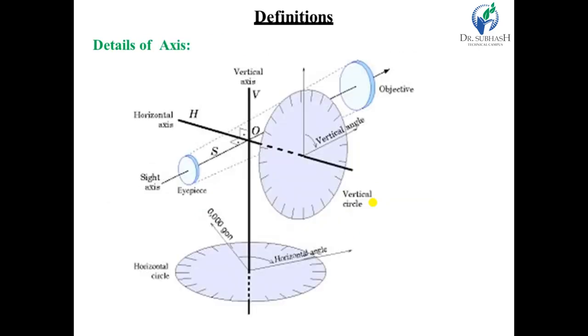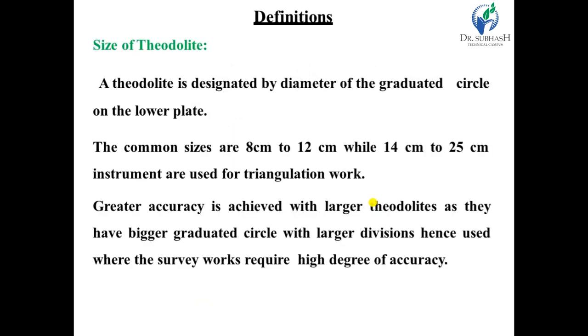Another important thing is the various types of axes of the theodolite. That is a very important question for examination purposes and from many points of view. One is the vertical axis, second is the horizontal axis, side axis or line of collimation, horizontal circle and horizontal axis. These are the different types of axes governed by the theodolite.